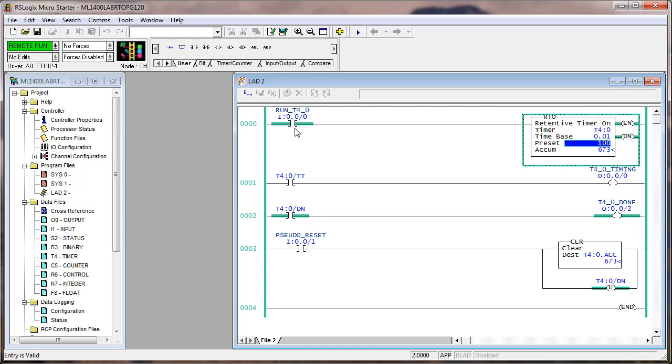I'm going to do this with it enabled. So right now it's enabled. It's done. So I'm going to push the pseudo reset button. Notice that it clears everything. As long as I hold down the button, I'm still executing rung 3. Over 1,000 times a second, it's going to clear the accumulate, undo the done bit. If I let go, then it runs again. So if I hit the reset, my pseudo reset, down there,